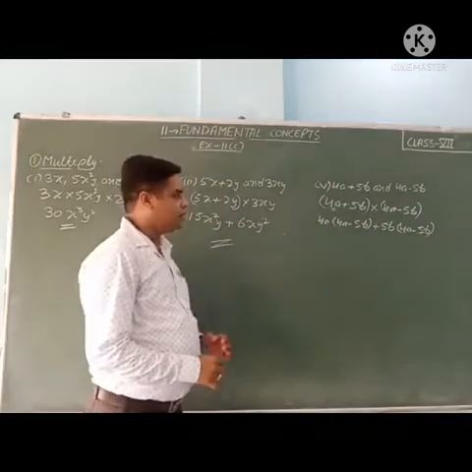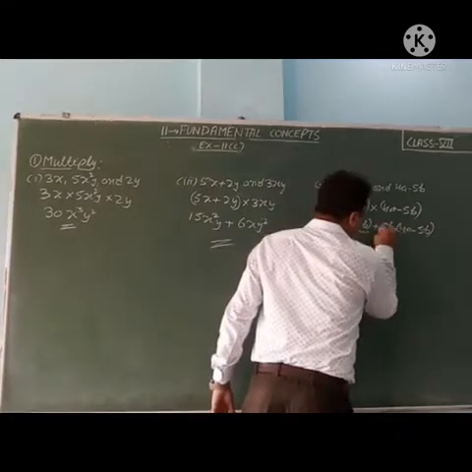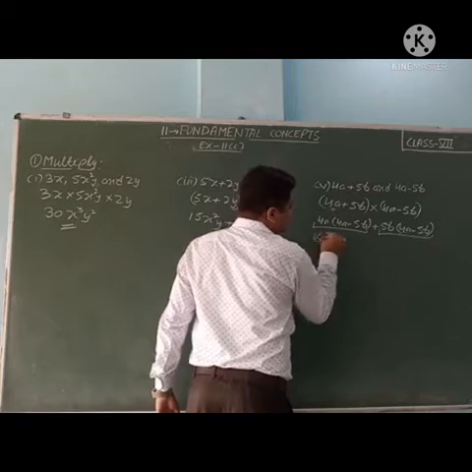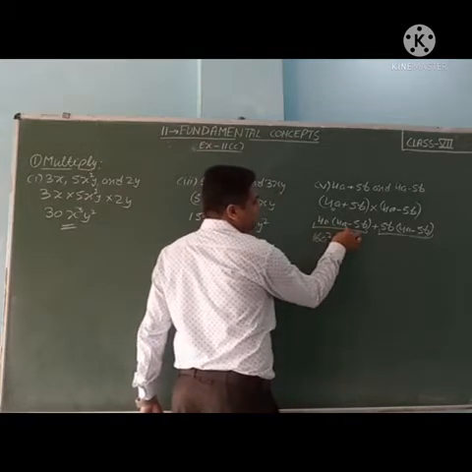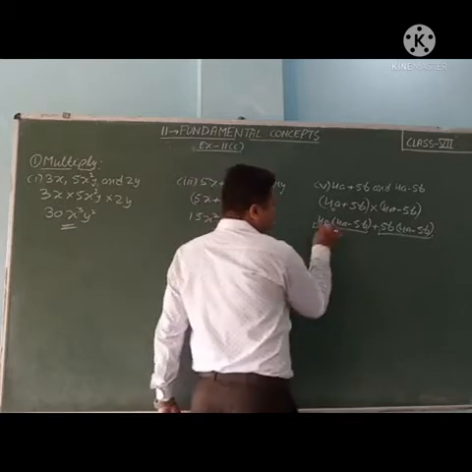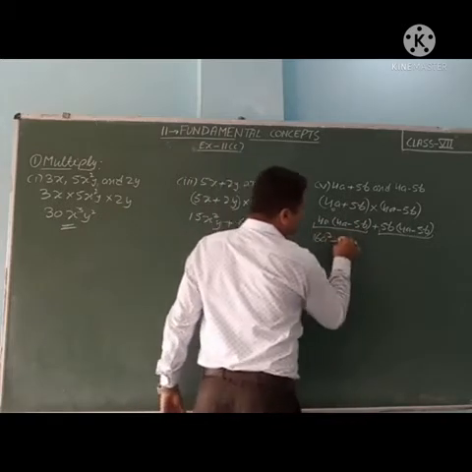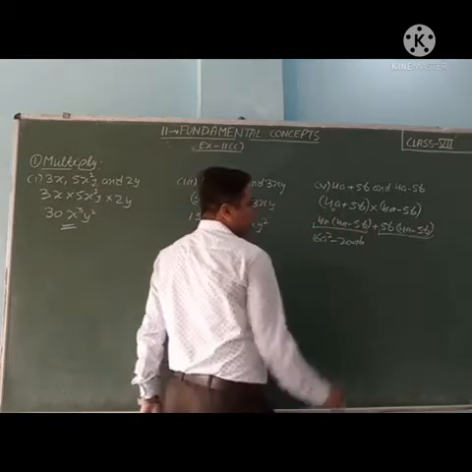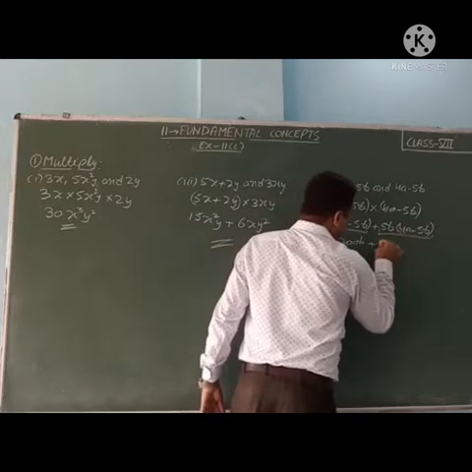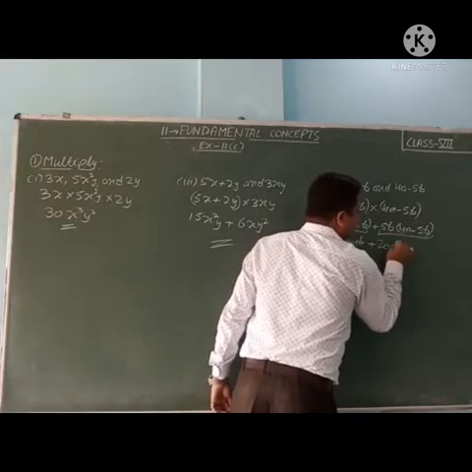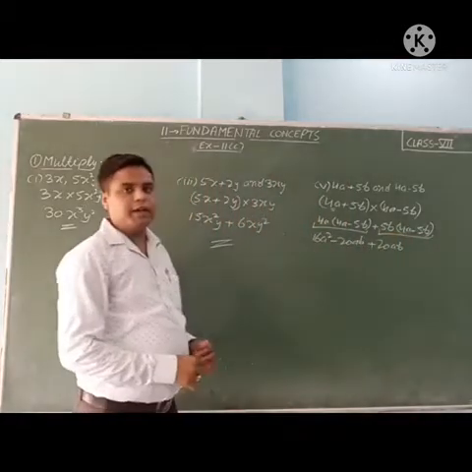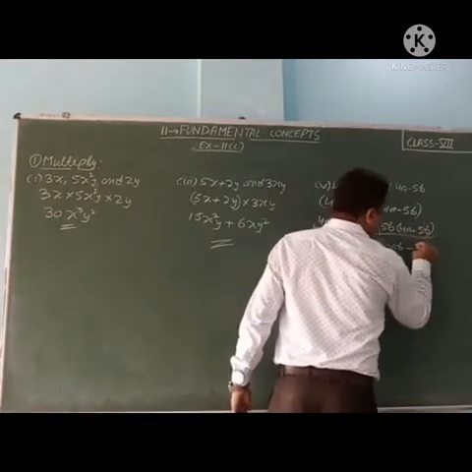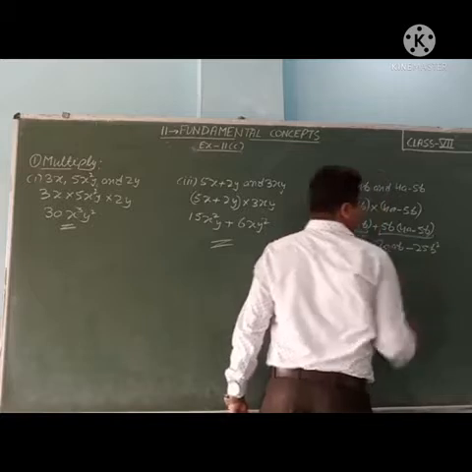Now we will do the multiplication, once this and once this. So 4 times 4 is 16a square, because here power 1, here also 1, it means a square. Then plus minus minus, 4 times 5 is 20ab. Then plus 5 times 4 is 20ab. BA is coming, so we will write AB. Then plus minus minus, 5 times 5 is 25b square.